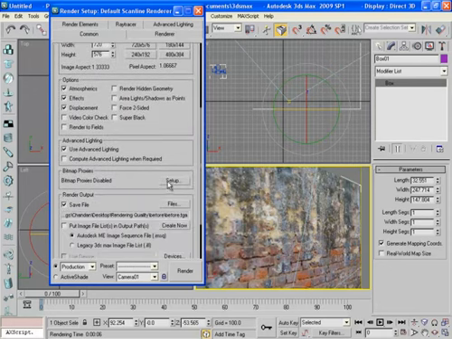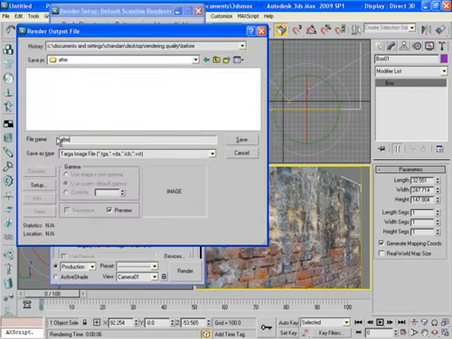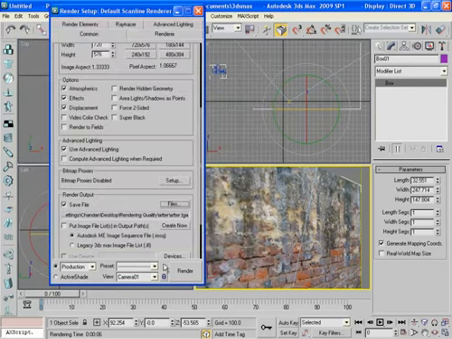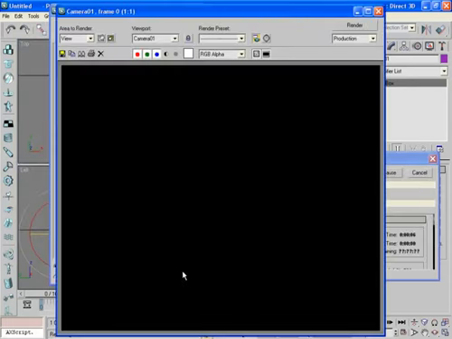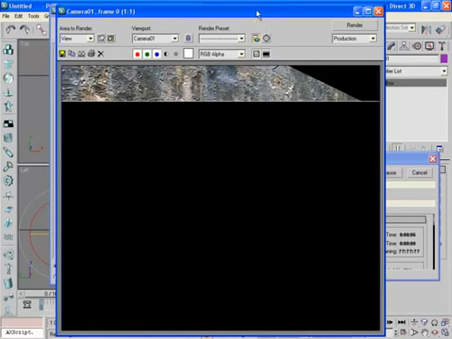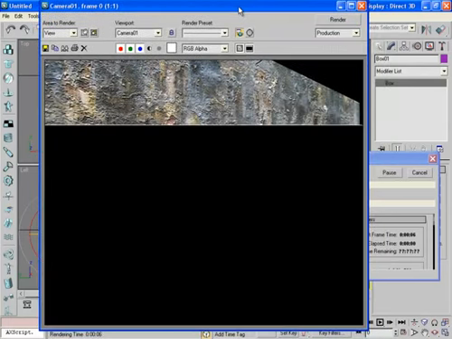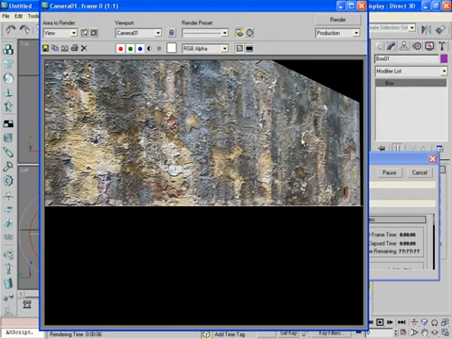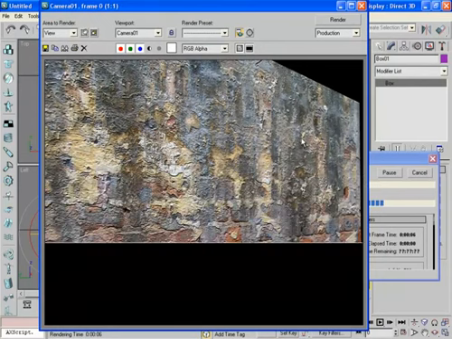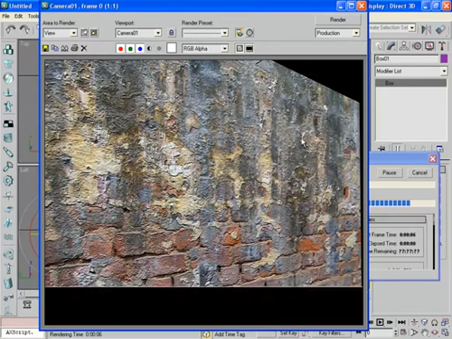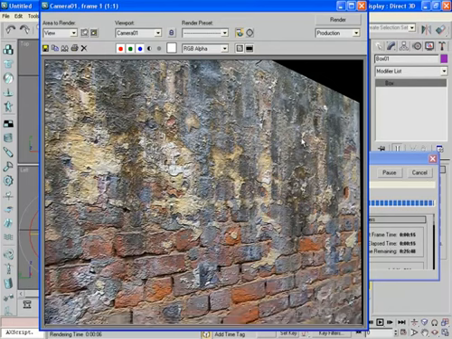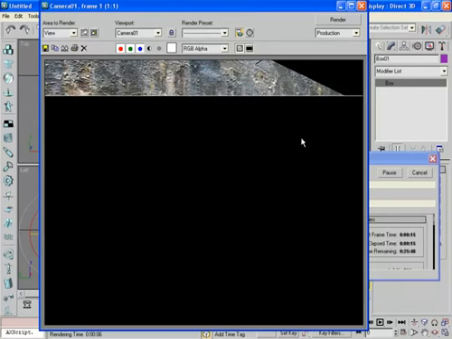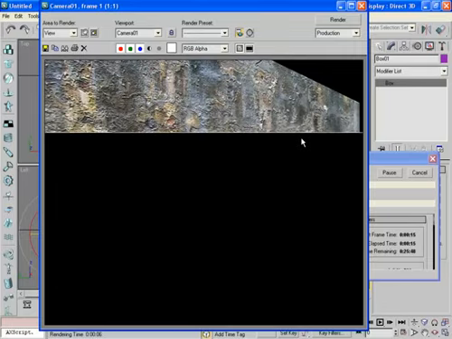And now save this file as after.tga and start the rendering process. You can clearly notice that this is taking longer in duration because we have set it to the best quality. So it will take some time to render completely, and once the rendering is done,